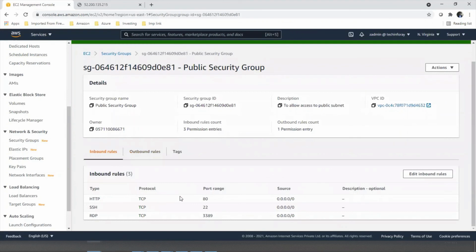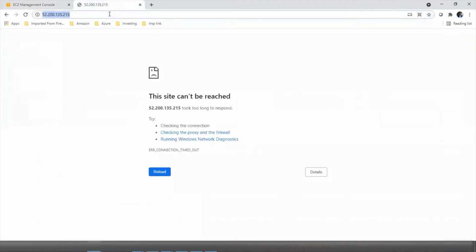So now this port is allowed. If we refresh this page, accessing over the internet with the public IP address allocated to the machine, I hope this works. Yeah. So now we can access this demo web page on Windows Server.